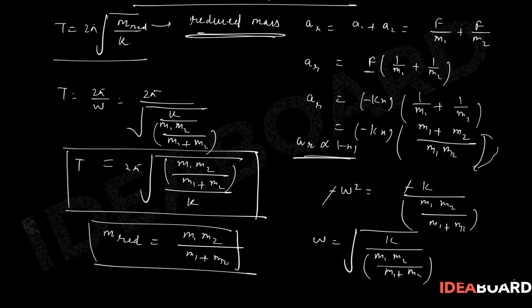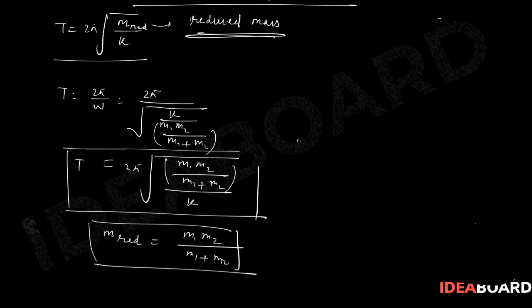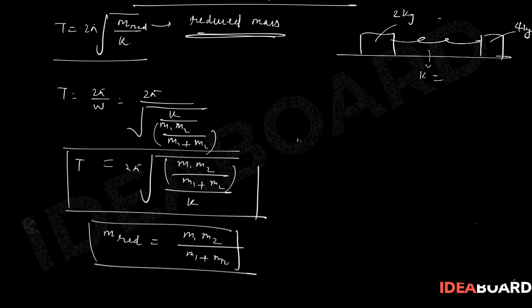Like I'm giving you one example so that you will be much more clear in these questions. So let us remove this. I can take one example, same situation. There are two blocks. One is of, let's say, 2 kg connected to one spring, one is of 4 kg, and stiffness k is given to be 10 Newton per meter.